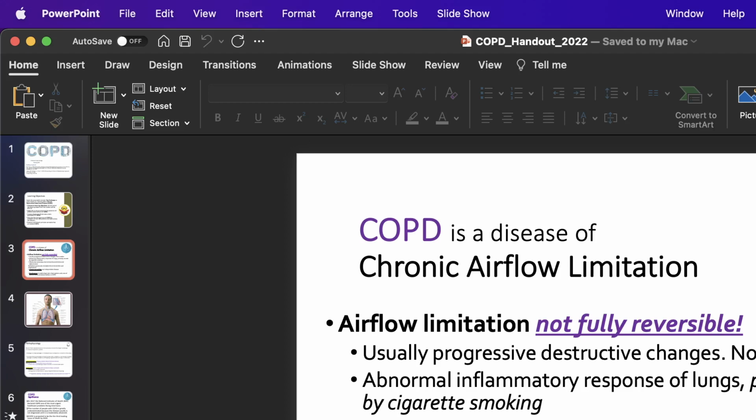So this again is a problem with airflow that is irreversible because of destruction done to the airways over time. It too, like asthma, is characterized by inflammation, which narrows those airways. There is a strong correlation here with smoking and secondhand smoke. They, just like patients with asthma, will have trouble with bronchial